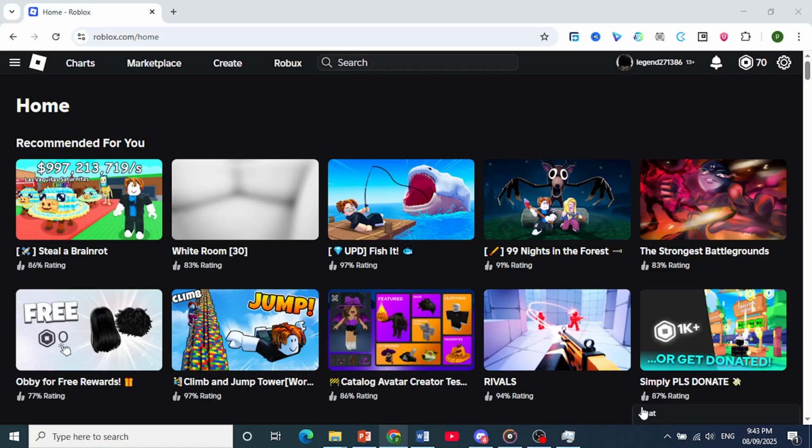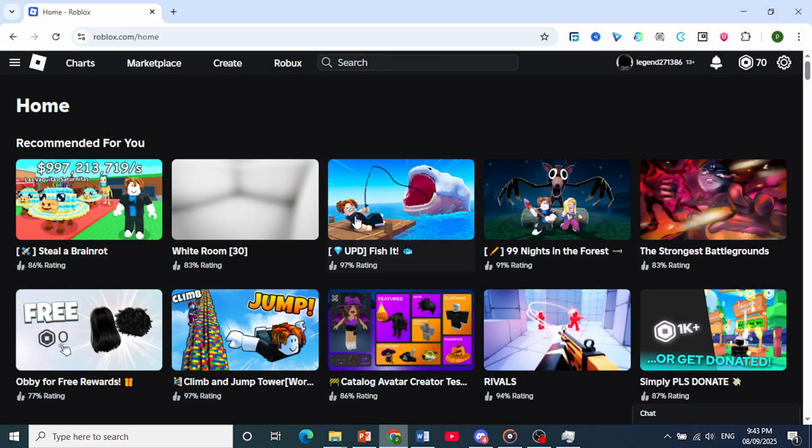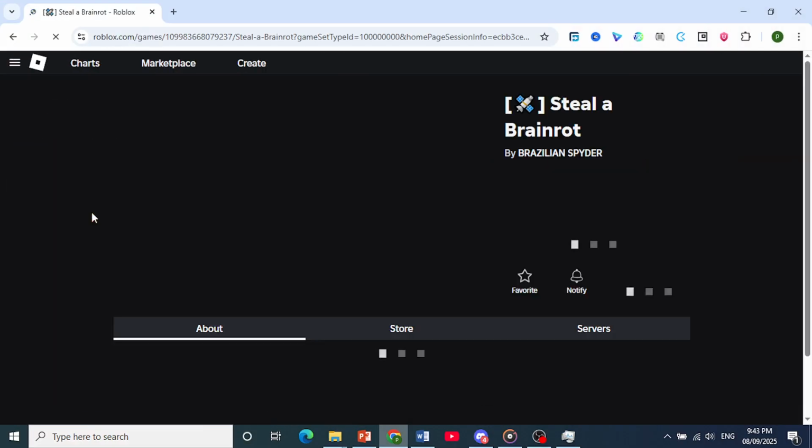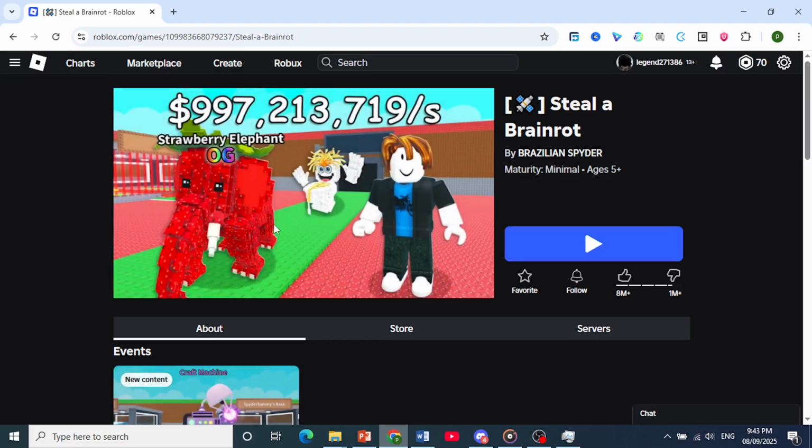Hi guys, in this video we're going to go over how to fix Roblox not opening from your browser. Now what I did to fix the issue, you can see I have Roblox right here, and to open up any game from the browser, what you need to do is first clear your browser's cache